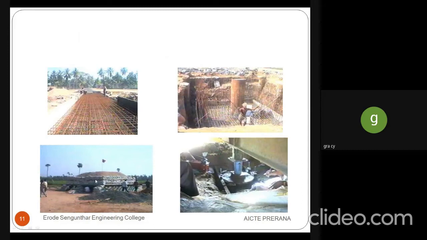So here it is a pile foundation pile load test. This one is a pile load test. We are keeping it under the load. Under the load, they are placing the hydraulic jack, and then a dial gauge is also placed. So by testing, these are the major methods of field test. This is the field test which can be carried out before going for the pile foundation. They may test by this method. So this one we can call the pile load test.